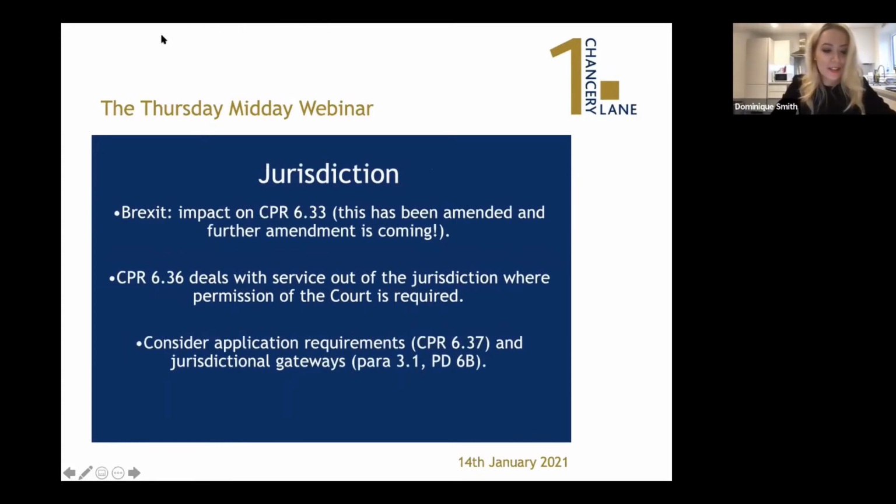Thanks, Andrew. So I'm going to be dealing, first of all, with jurisdiction and about bringing these claims in the courts of England and Wales. Firstly, dealing with the service rules. Of course, many of us used to rely pre-Brexit upon CPR 6.33. Essentially, that rule provided that a claimant could serve proceedings on a defendant outside of the UK without needing to obtain the court's permission, where the English court had jurisdiction under the recast Brussels regulations, the Lugano Convention, or indeed the Hague Convention. But of course, we have now Brexited, and you'll be hearing much more about the impact of that in our webinar next week.